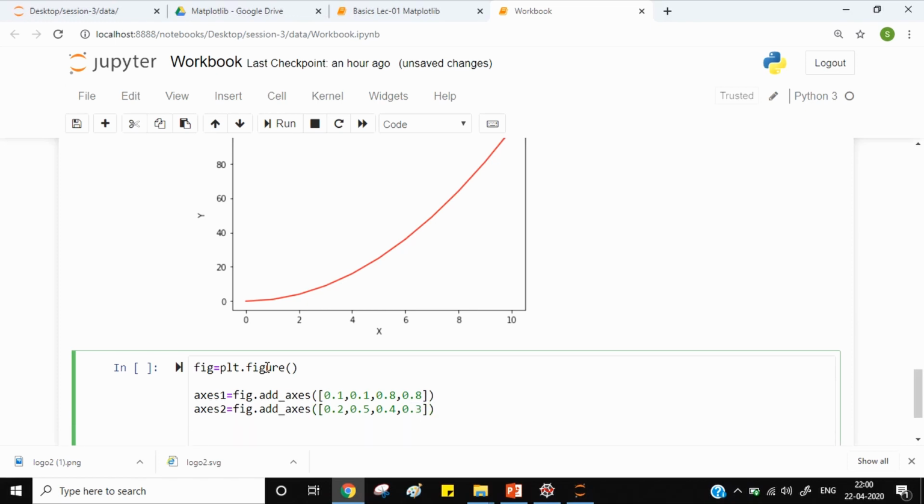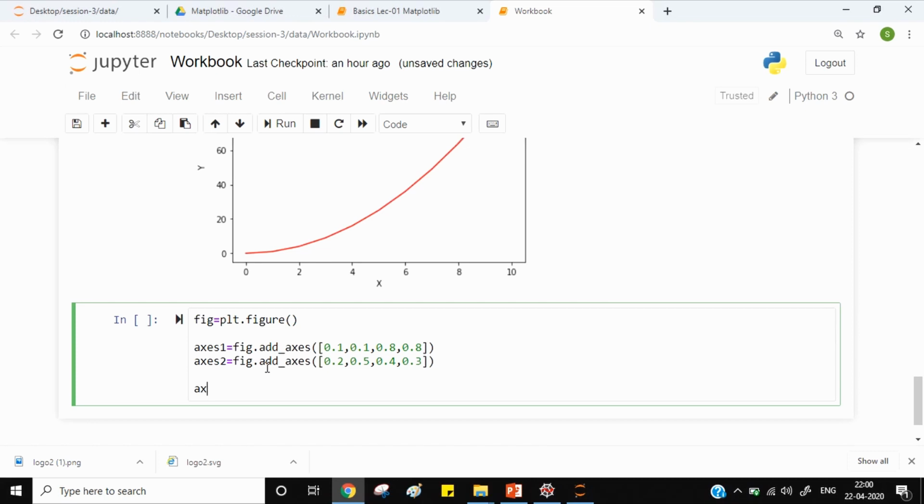Now you have two plots, so I will plot them. x comma y, suppose I give it color red. Axes1, okay, I want to plot axes1. Similarly, axes2.plot y comma x, and I will give green color to it.